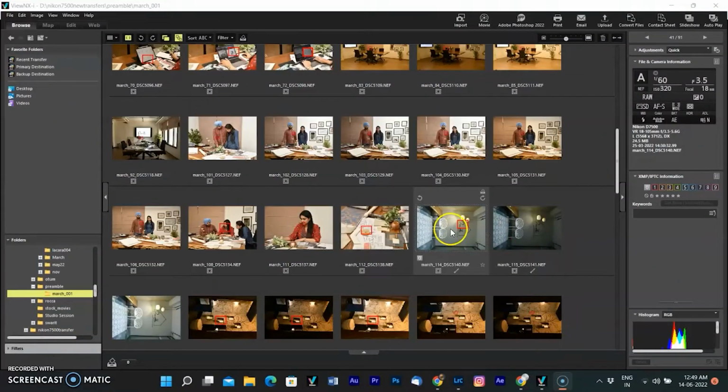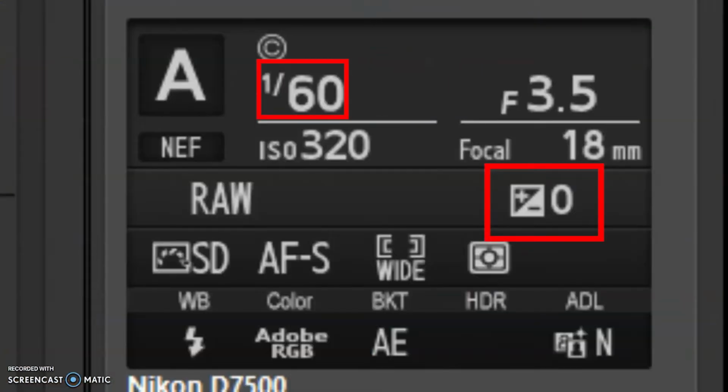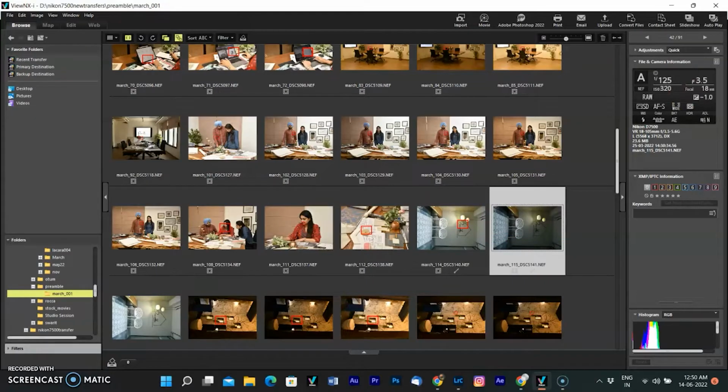First I am selecting 3 images, those I clicked by bracketing. The first image is the normal exposure with a shutter speed of 1/60 second. The second image is underexposed by -1 stop and the shutter speed is 1/125 second, because exposure bracketing is typically done with the shutter speed.